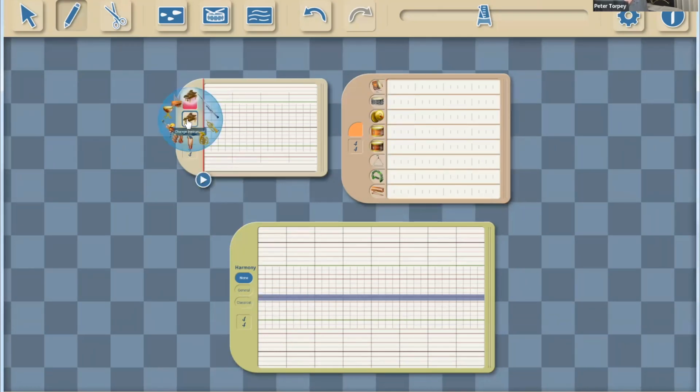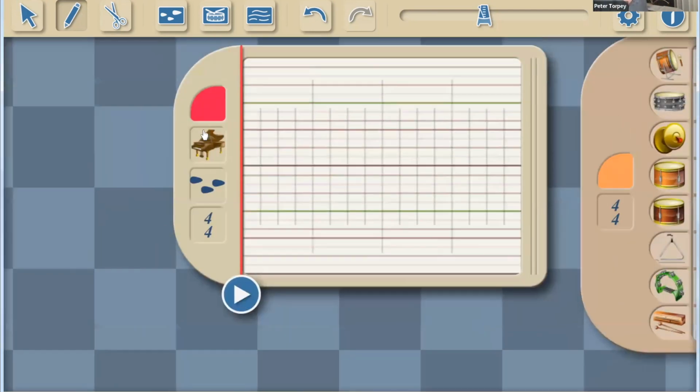We also have the instruments and the melody windows pop up here, so we don't have to go into a menu the way that you did in the old version. Part of this is to make things more user-friendly for touch devices, where going into menus can be a little tricky. We've surfaced a lot of those with nice big buttons right here.